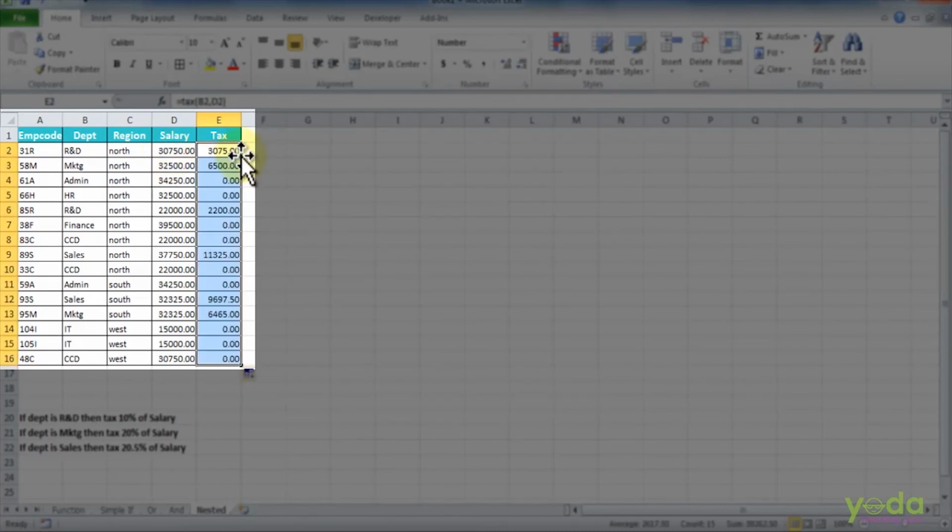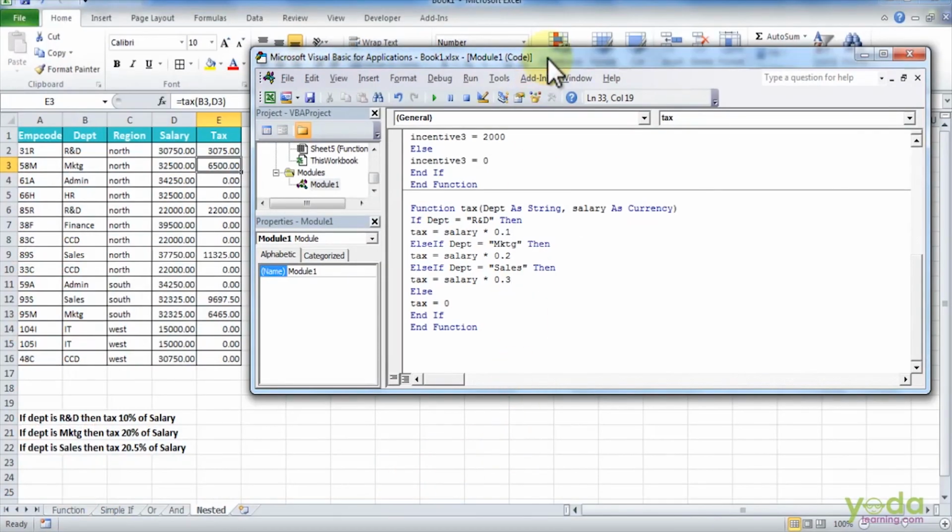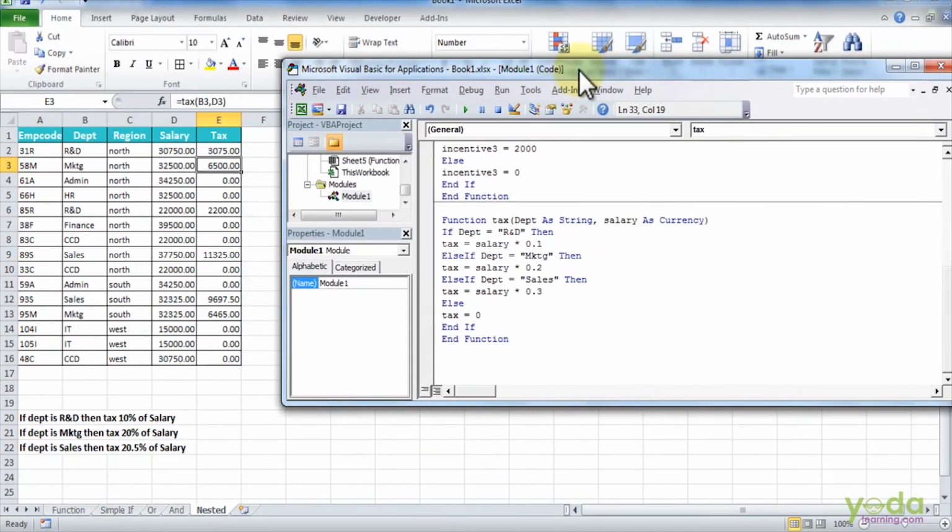Since it belongs to the R&D, it has calculated 10% of the salary and the marketing as 20% and so on. So you can refer to your function, the values, and check that out. So this is how you can use if functions for the conditions in the functions. So that's it from my side. I hope this video was quite interesting for you. Thank you very much.